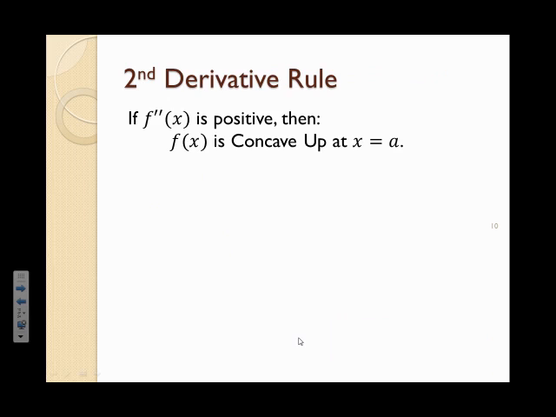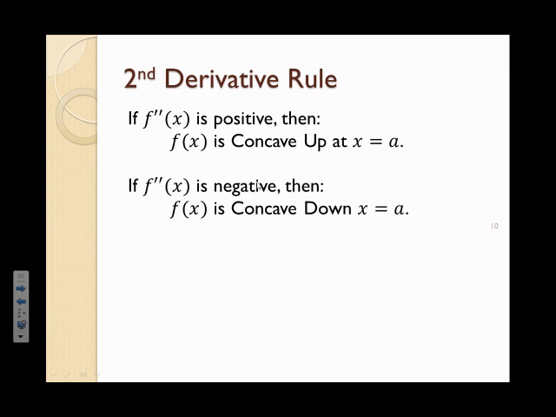Now that is simply the second derivative rule. If the second derivative is positive, then it's going to be concave up at that particular point or for that range. In the case before, using x squared or minus x squared, it was concave up or concave down over the entire area. If the second derivative is negative, then the original function f of x will be concave down over that interval